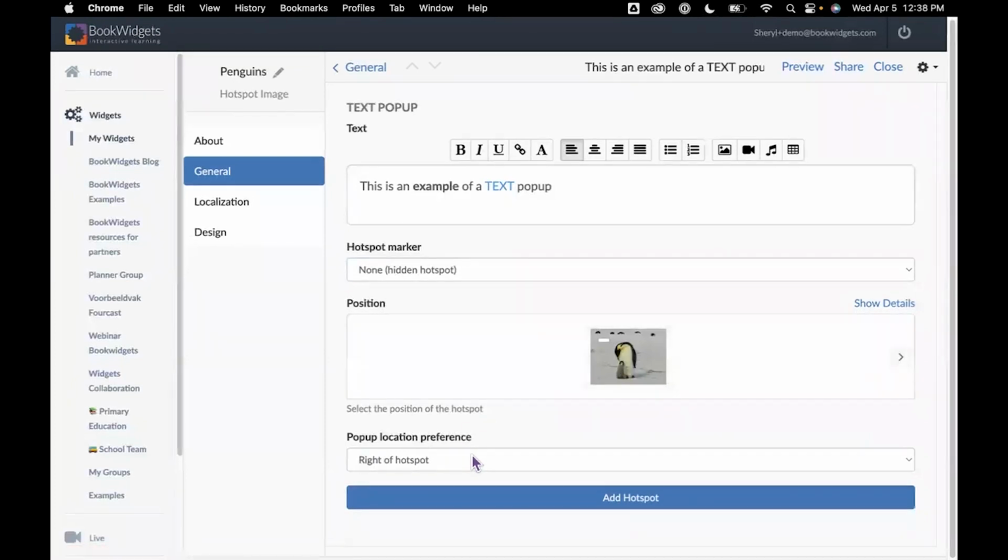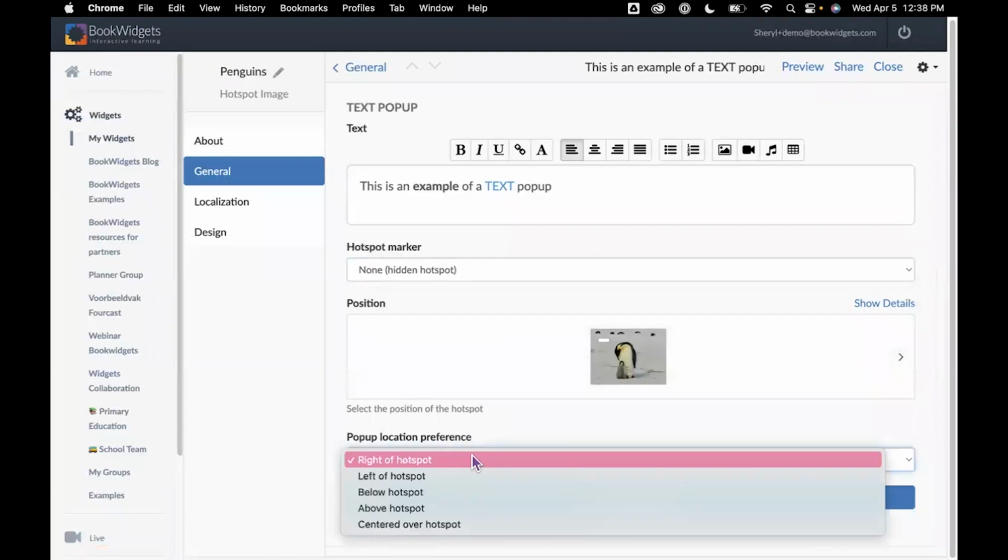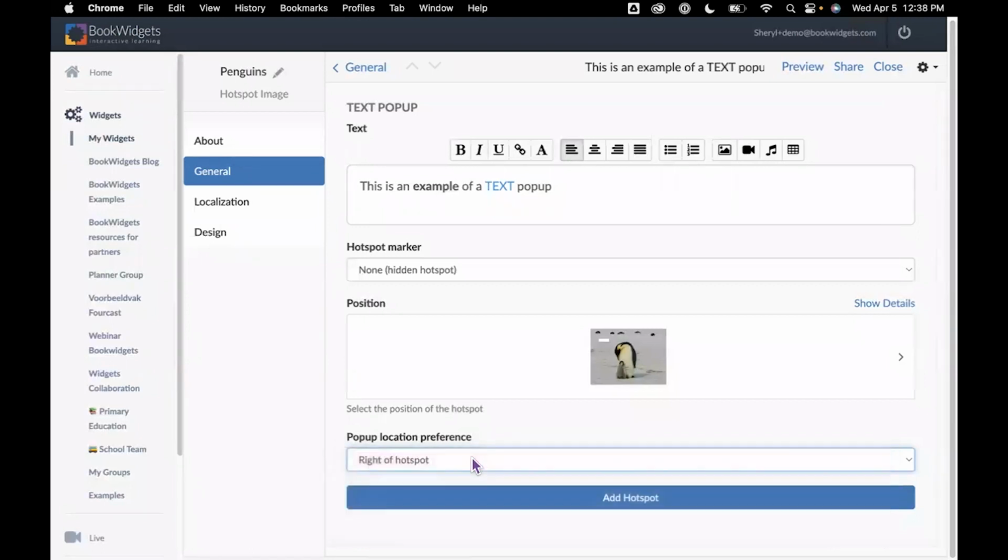I now have a location preference. My location preference is 5 choices: left, right, top, bottom, or centered. Above and below is the language that's used in the widget when you're creating it. So let's see what this would look like. If I choose right of my hotspot,